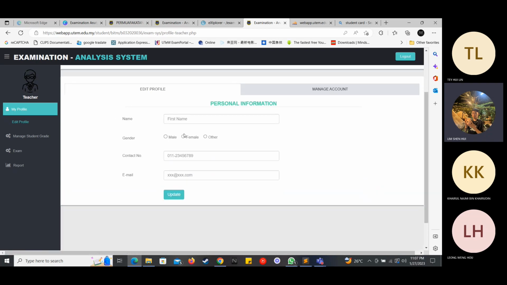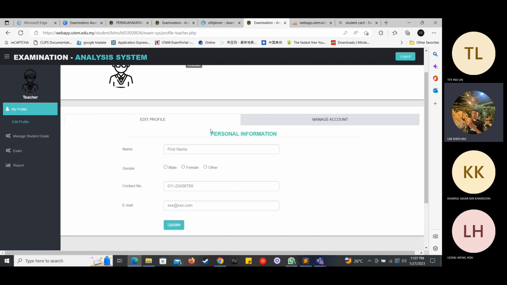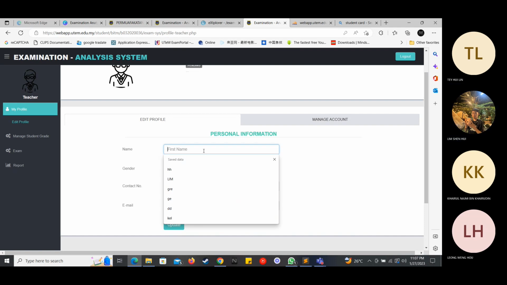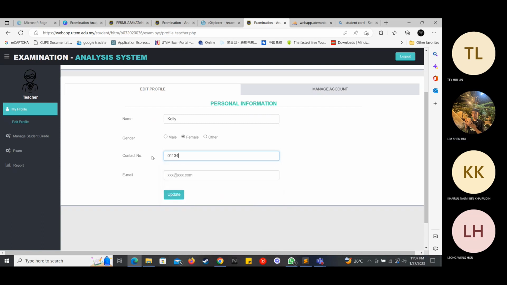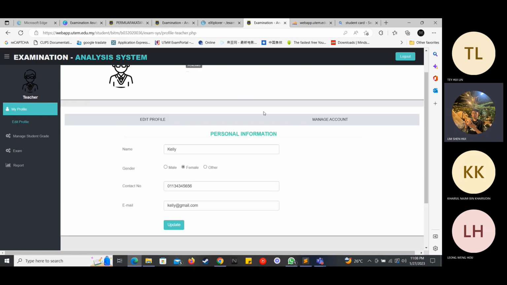So for the edit, we key in the profile information, like let's say E, and then we update. So it will show the update profile successfully.